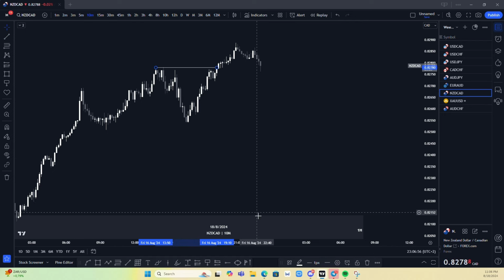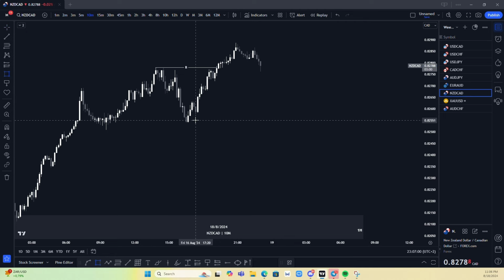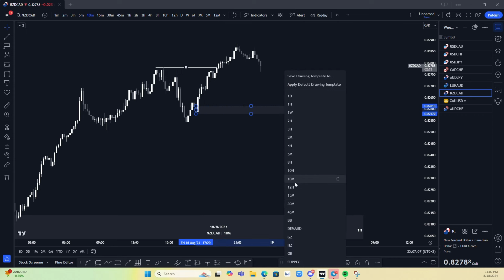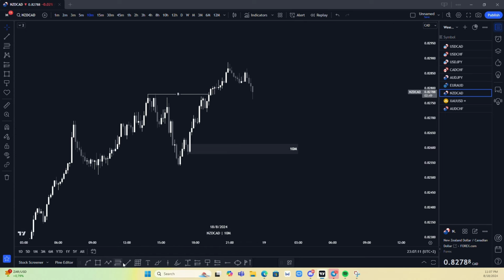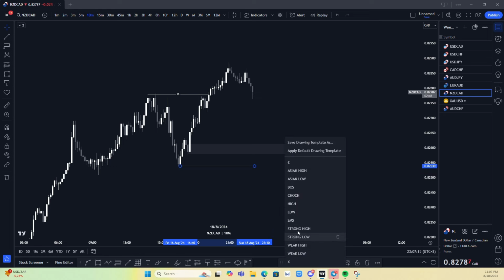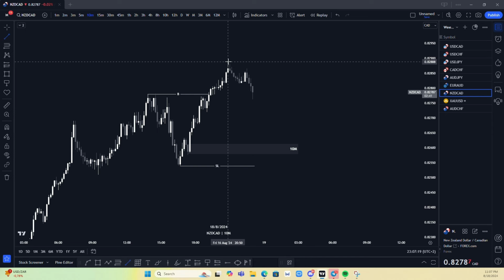So recently there was this higher high that was violated and a new higher high that was created, and now we'll be looking towards taking our entries based on this demand area here on the 10-minute time frame to push price to the upside. So basically this here is going to be our strong low, and this here is going to be our weak high,